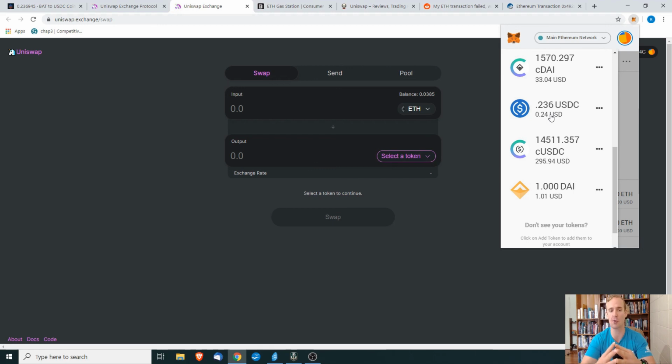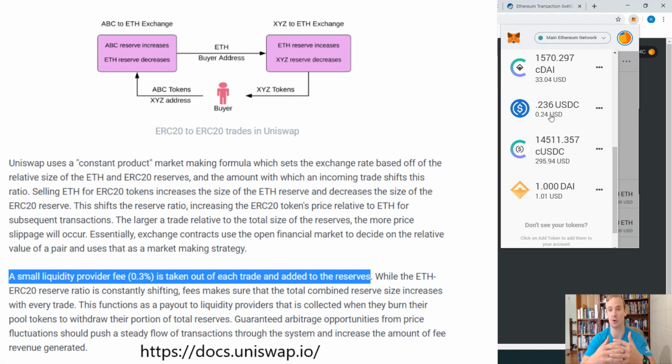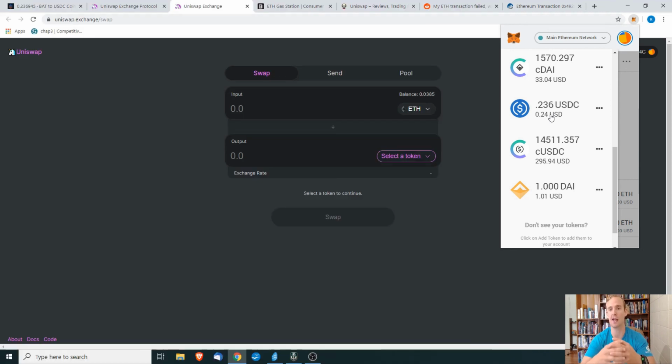Now, one thing I do want to point out, there is a fee, just like with any exchange, there is a fee for using this service, and I believe the fee is about 0.3%, which is still lower than the 0.5% charged by Coinbase Pro, and you're doing this on an exchange that doesn't require KYC, so there's advantages to that as well. There could also be some disadvantages. Perhaps more people are trusting of Coinbase or Coinbase Pro, so you do have to weigh the costs and the benefits, but I do think it's a great way